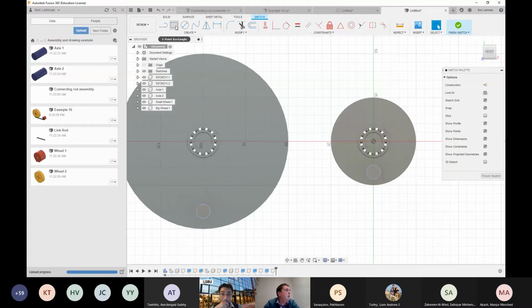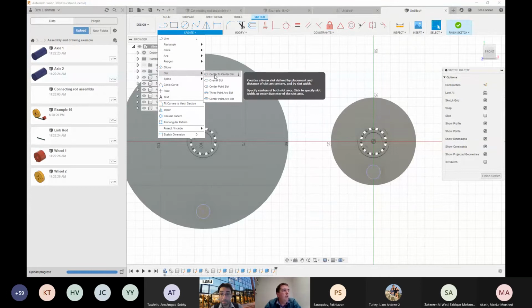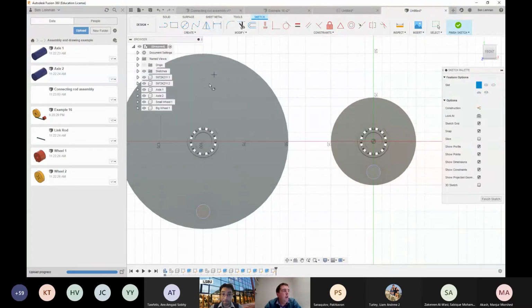And now I guess the easiest way to create the connecting rod is to use, do you remember last week in the sheet metal, Alessio used something called a slot and a center to center slot. I think if I use that and I choose the centers of those 2 stubs,